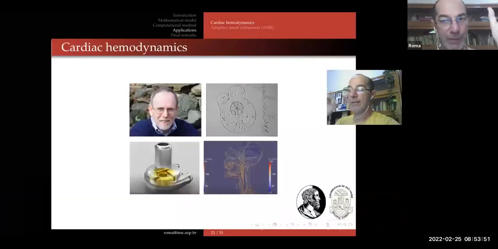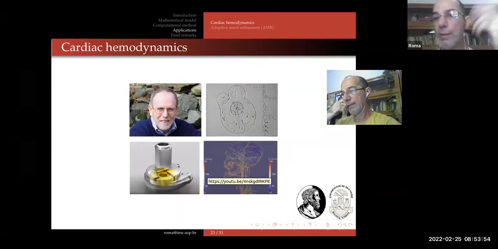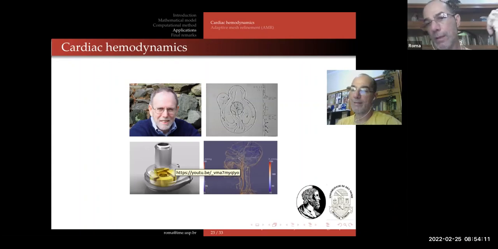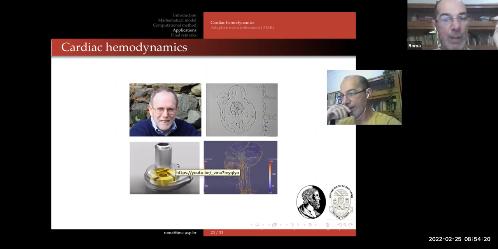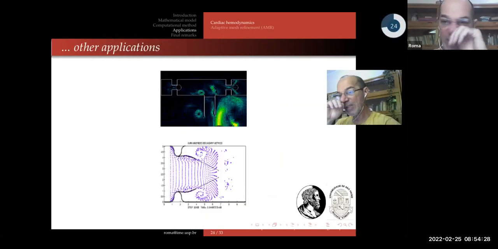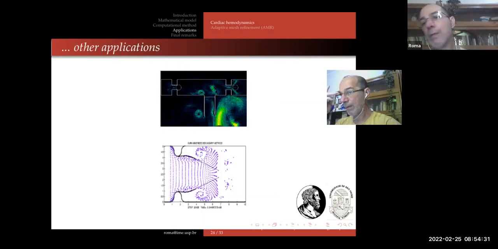These are some applications where this methodology is already applied or could be applied, to give you information on very important aspects of the circulatory system and how flow happens inside certain engineered devices that help the heart pump the flow, right? So just to step a little outside of this world of applications, here are some other applications that the methodology can be used for.